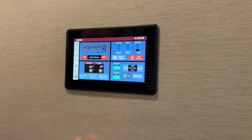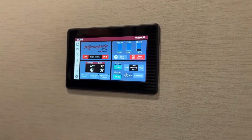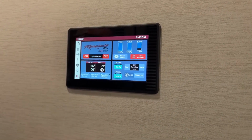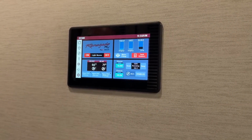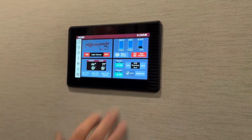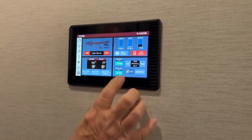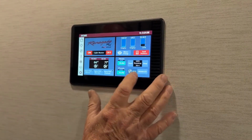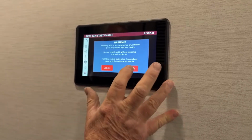As we come in, that's our master panel there. Gives you your levels of your black, gray, and your fresh. By the way, you have 150 gallons of fresh, 75 black, 75 gray. The gen's running. You can see our house batteries all topped off, our chassis also. And then if I wanted to, I could go in and program,